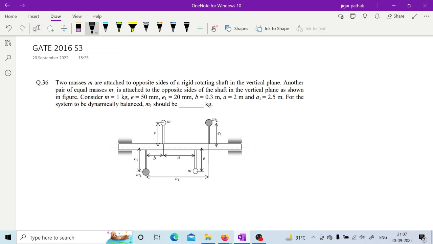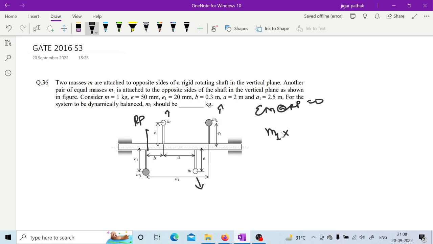If you consider this plane as the reference plane and take moments of all the forces, then start with this M1, it will have this direction, right? Here also it will have this direction. So both will be added, and this one can be subtracted because it has a different direction than the remaining two. So if sigma of moment about the reference plane is 0, then your M1